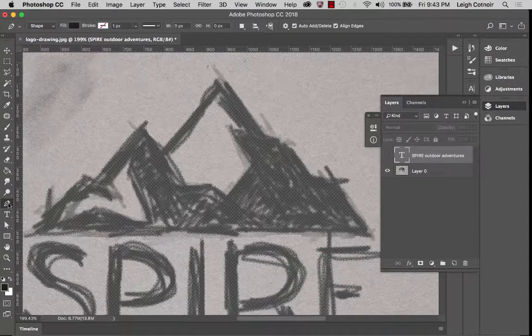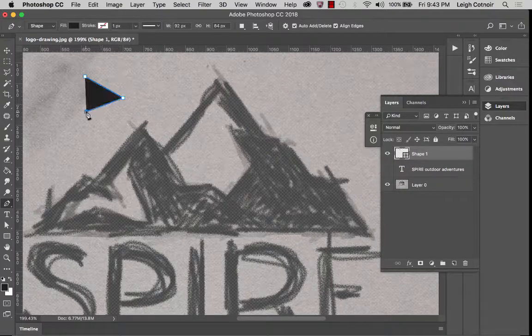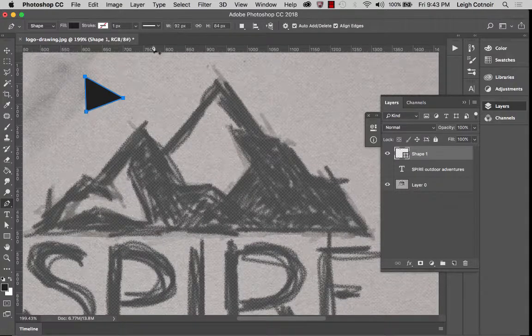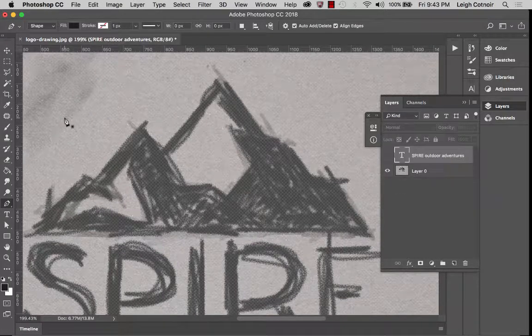And the other thing I wanted to point out is that I showed you how to click, click, click and draw straight lines, and then there's a shape now. You see it fills according to the fill because I'm not choosing path, I'm choosing shape. I could apply a stroke to it if I wanted. Here's the width of the stroke. Here are the different types of stroke line options and so on. But what I want to do instead, I'm just going to delete that,